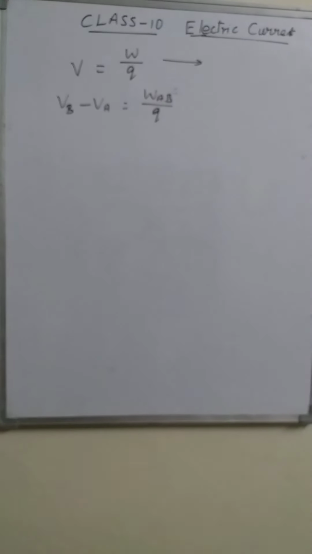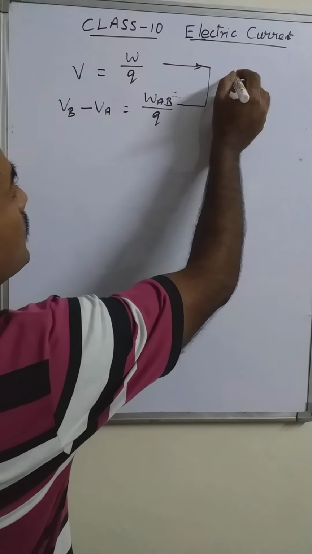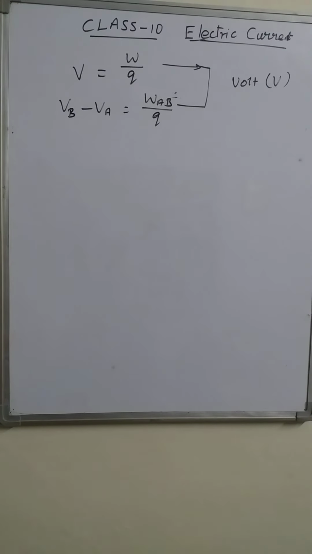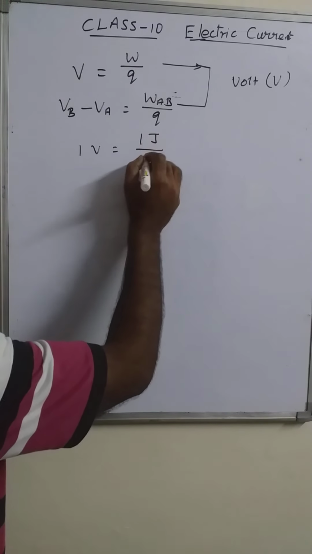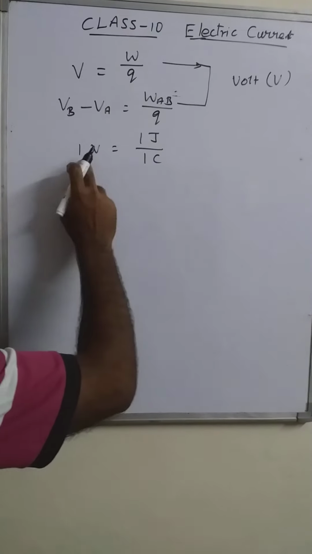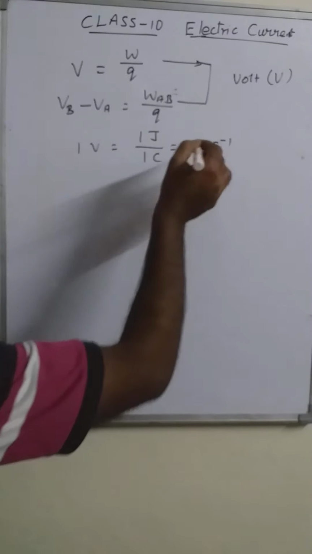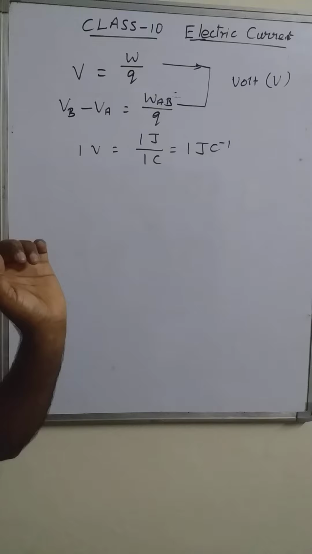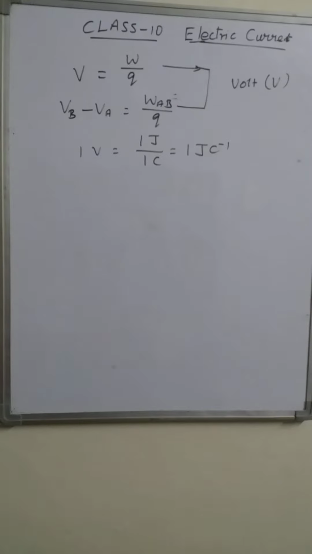The SI unit of electric potential and electric potential difference, both are the same. That is volt. Simply we write capital letter V. So we can write 1 volt equal to 1 joule upon 1 coulomb. These things were discussed in the last session. Just I am repeating. 1 volt equal to 1 joule per coulomb. So here we can define the 1 volt in terms of potential and also in terms of potential difference. That was also defined in the last session.